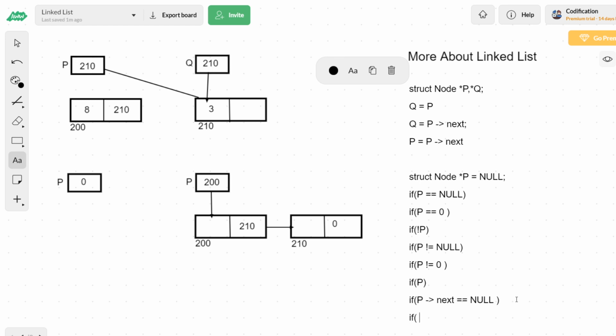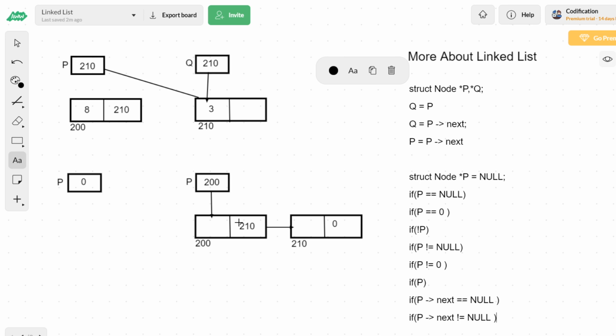So this is the inverse of this. If p of next is not equal to null, then definitely you can surely say that the present node is not the last node, because p of next is having something which is non-zero. When it is having something non-zero, definitely it has to be an address. So when an address is available here, then definitely the next node is there. So when the next node is there, the present node is not the last node. You can just easily verify it.